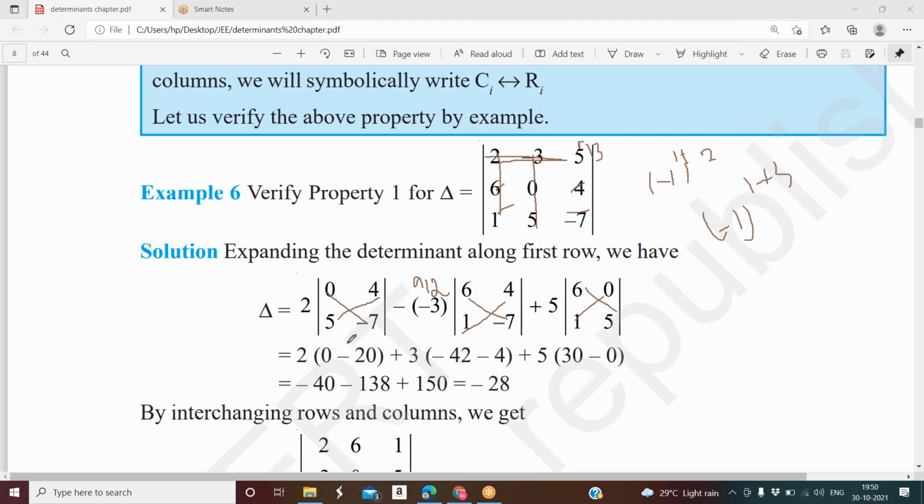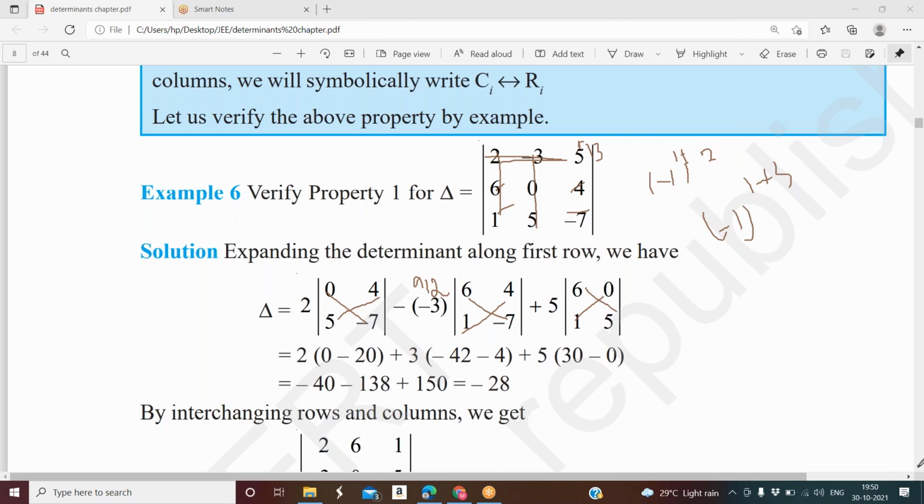So simplify this. Here you'll be getting minus 20 into 2, minus 40. This is minus 46. Minus 46 into 3, minus 138. This is 30. 30 into 5, 150. So when you simplify, you are getting minus 28. Okay. So this is